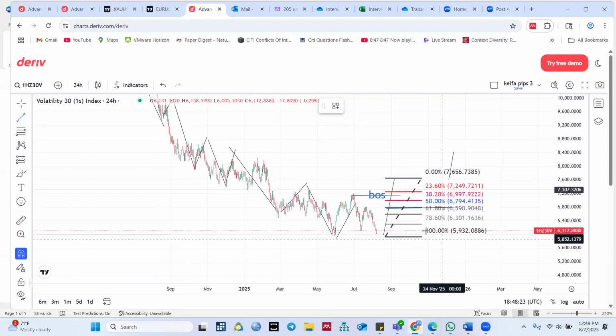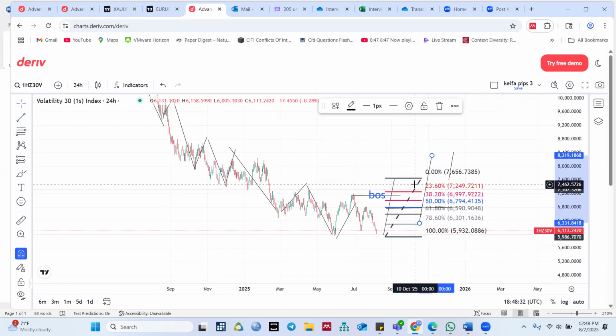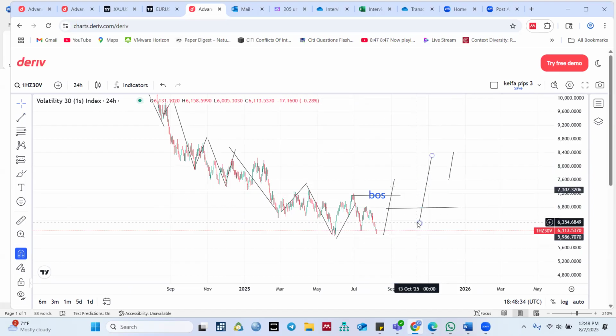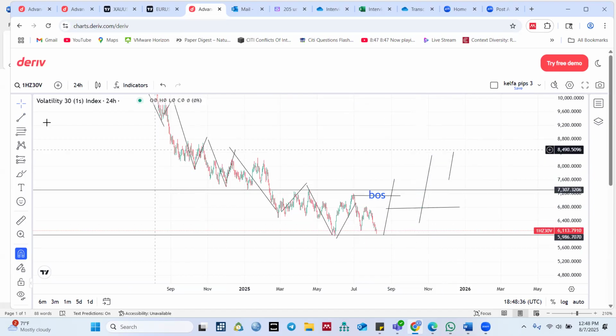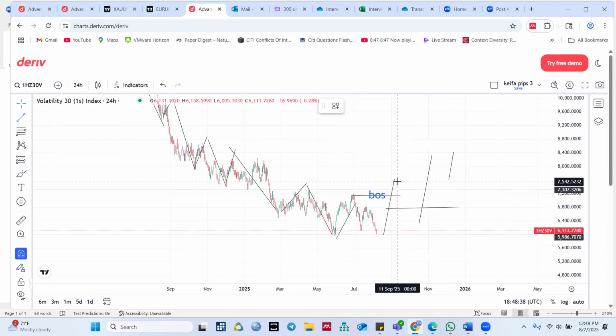Inside this area, we expect to have a new higher high from this discount zone below the 50%. But if price drops after giving us this break of structure, which is the real thing that mostly happens, if price drops to give us